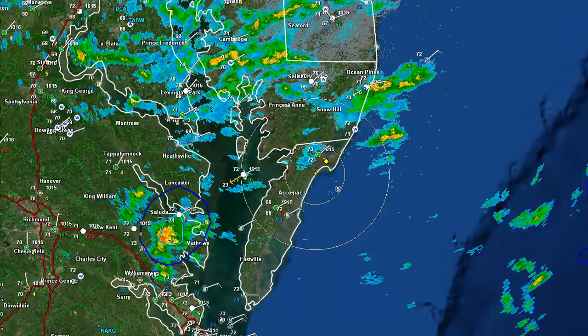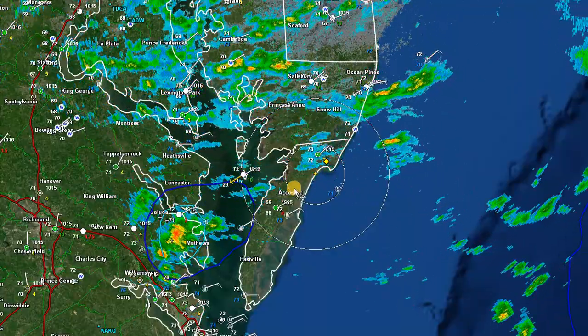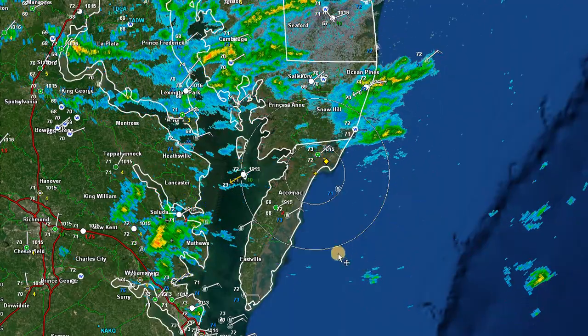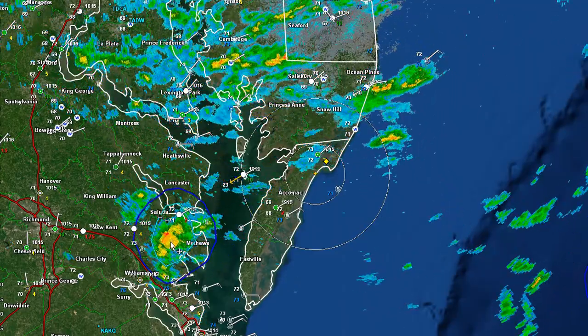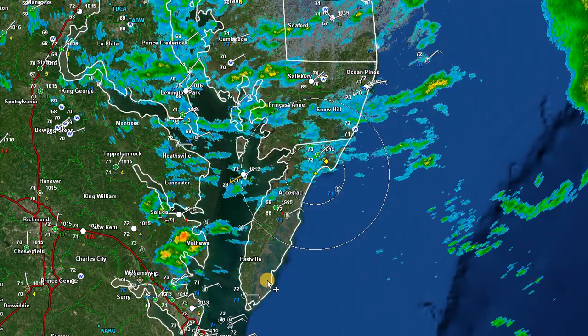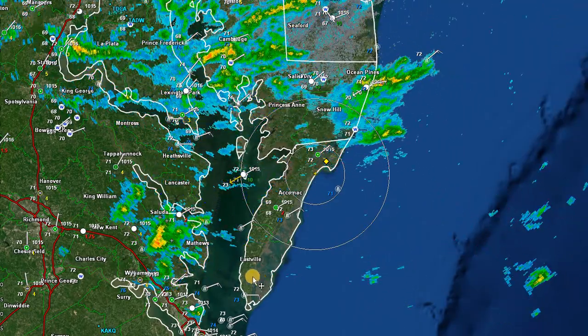If we take a look at the local radar here, we'll see a similar picture. Most of the activity moving off to the northwest. Seeing a few showers broadly around the area, producing a little bit of lightning, as you can see this one here. Not expecting that in the local area, but we'll keep a slight chance as we move mainly through